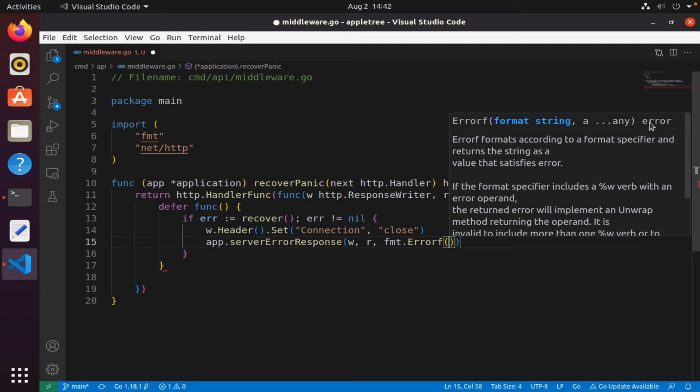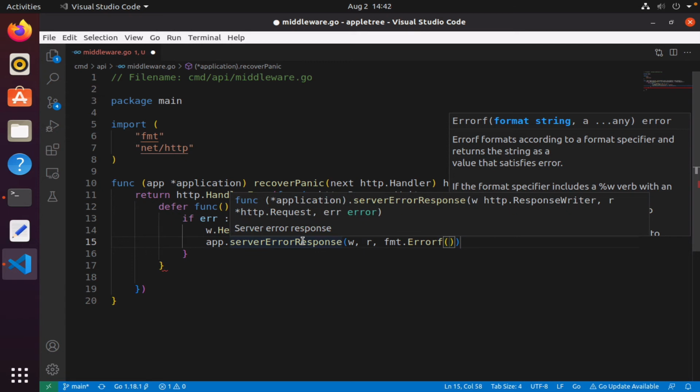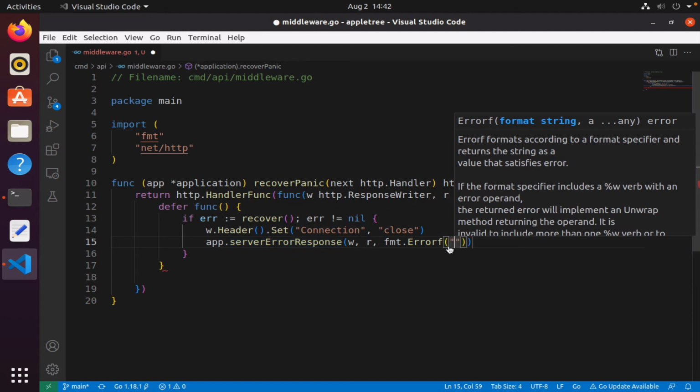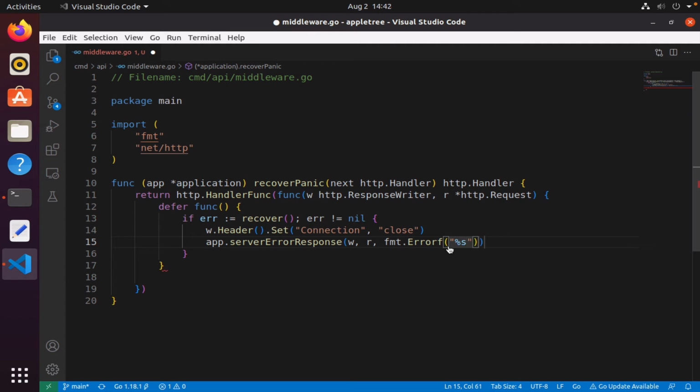So it returns an error. It converts whatever type it was here, which we don't know, to an error type, because that's what error response expects. It expects an error as the third argument. So I'm going to simply say modulus s, and then I'm going to specify error. Okay, and so that will be